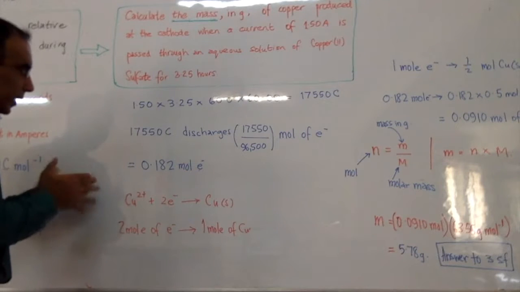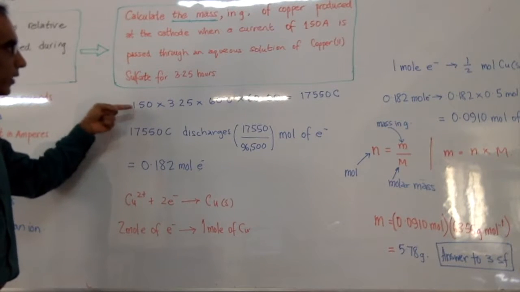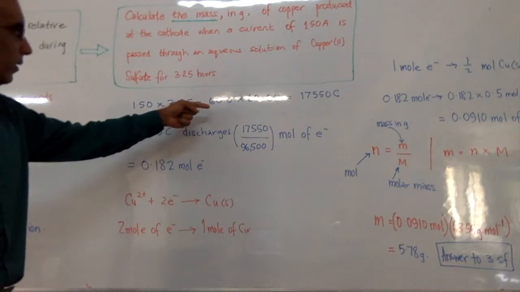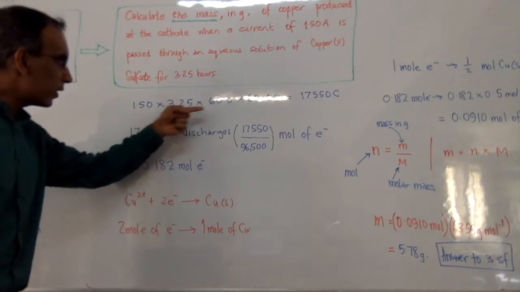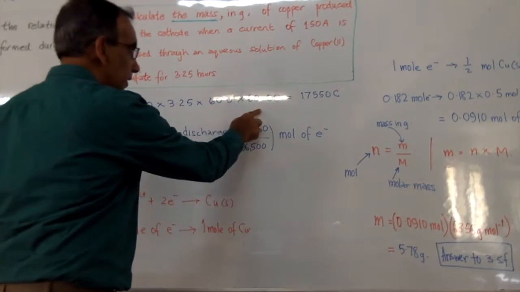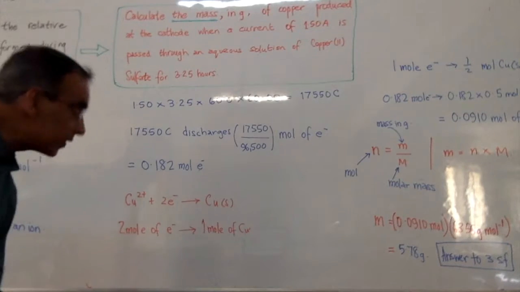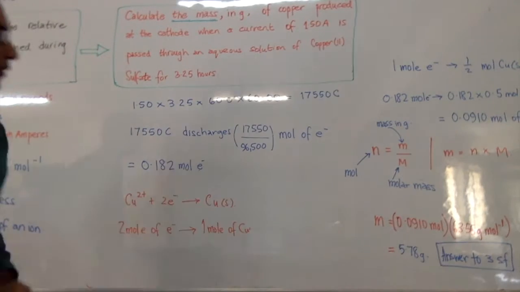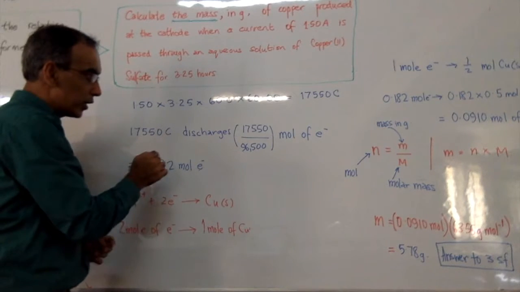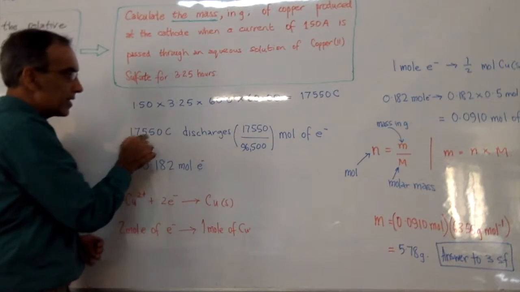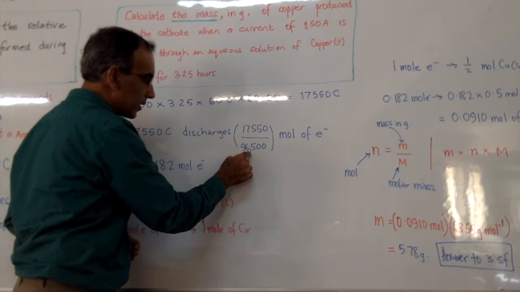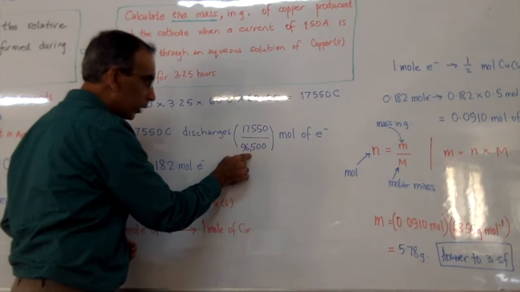With this information available, then we multiply the current of 1.50 amps by the time in hours, noting that 60 minutes make up 1 hour and 60 seconds make up 1 minute. We multiply twice by 60 to get a value of 17,550 coulombs charge in this system. Given that 1 Faraday discharges 1 mole of electrons, then 17,550 out of this 96,500, which discharges 1 mole, will discharge